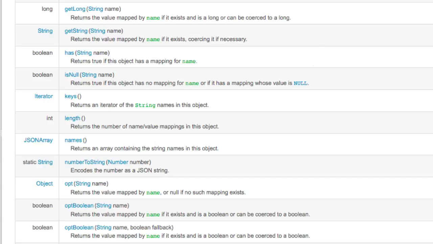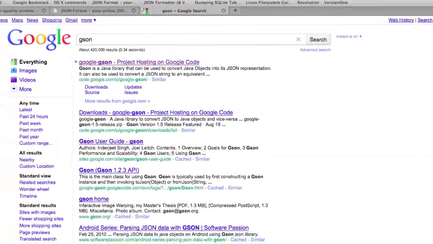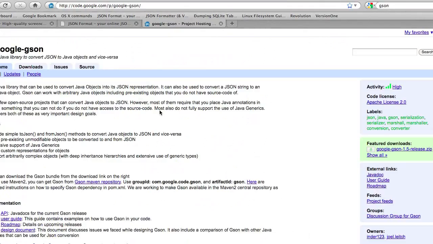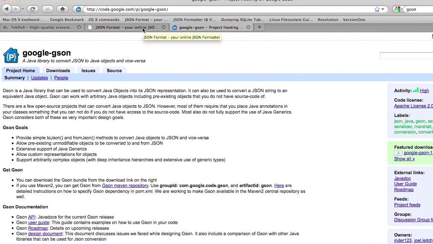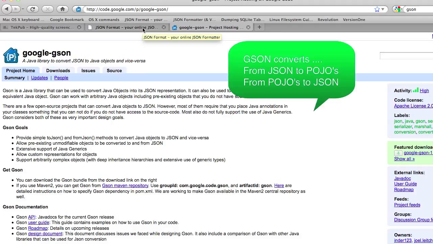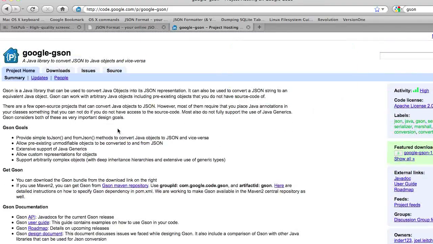So we're not going to use the JSON object, and you can hopefully thank me later on this because it will save you a lot of time. So what I actually use is JSON. Now JSON is a library created by Google, and this library can convert Java objects into their JSON representation and back and forth. So to take a particularly easy example, we can take a particular production object and